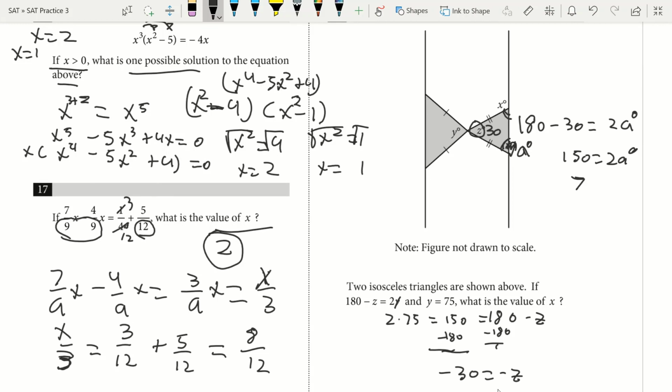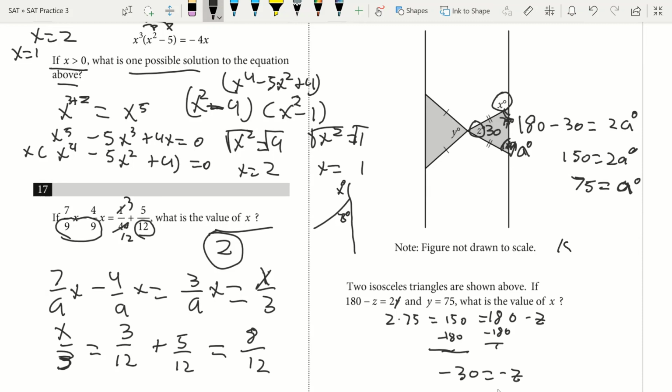150 over 2 will give us 75 equals our angle A, right? So we've got our angle A is 75. Well, we have x here that we have to solve for. So if we have 75 as our angle A, and I'm going to redraw this so you can see it better, and we're asked to solve for our angle x,